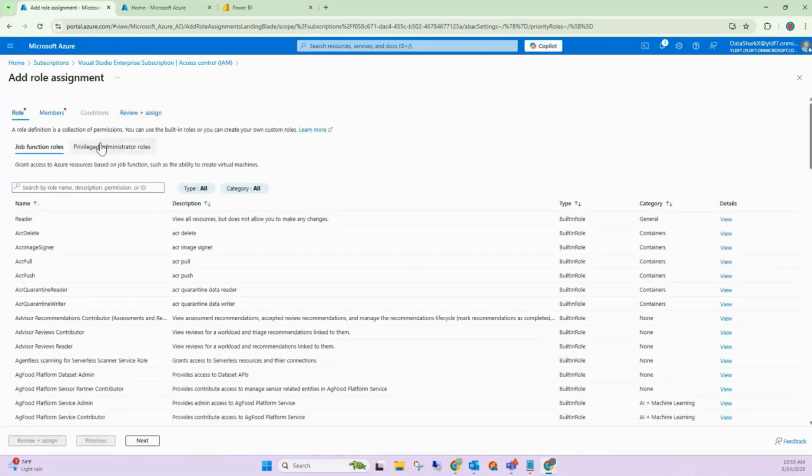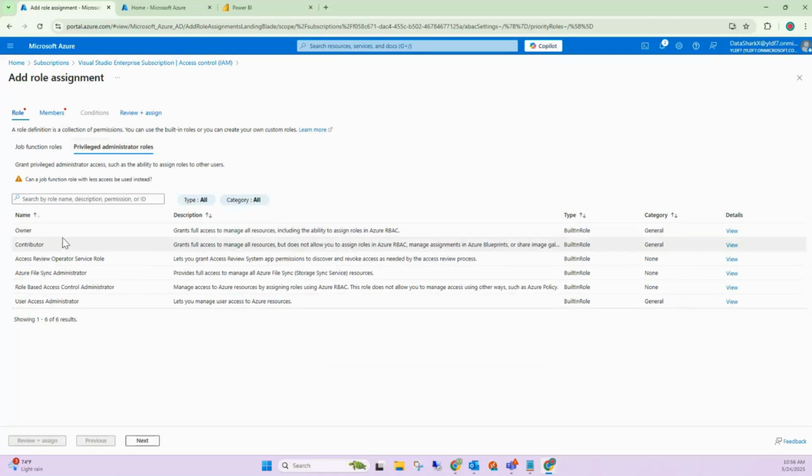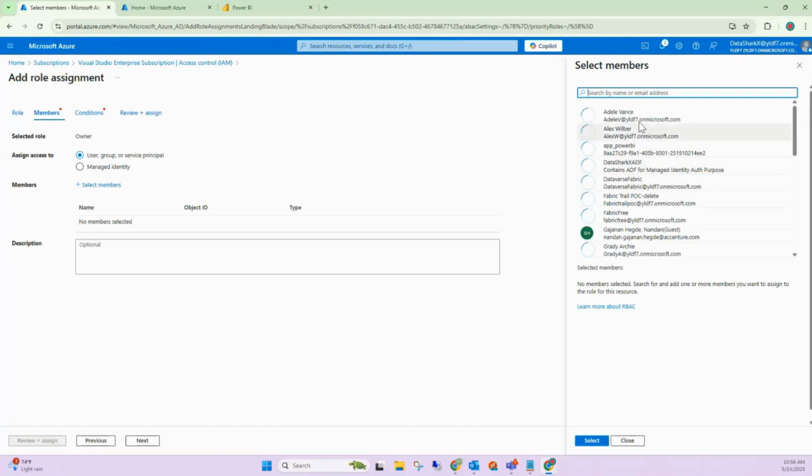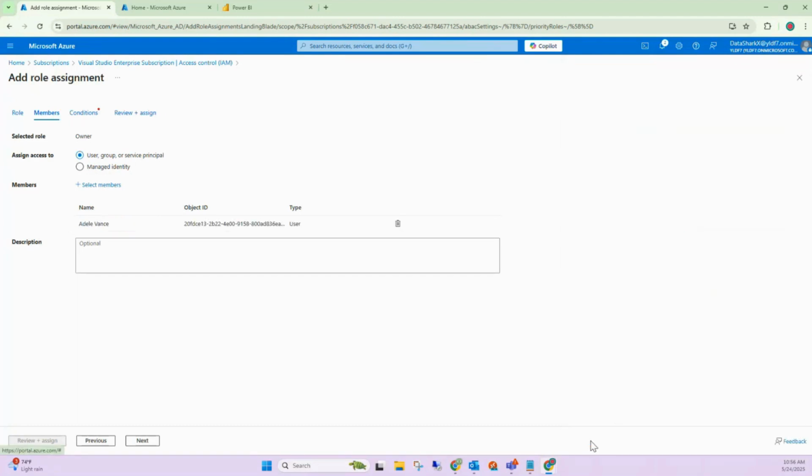In role assignment, I want to give him the owner role, which is a privileged role. These are normal roles. These are privileged sets of roles. So for that, I'll select owner. Now, whom do I need to give that owner role? I can give it to a user, group, service principal, or managed identity, but I want to provide it to the new user that I created, meaning that you all would be creating, correct? So then select the corresponding user, the new user that you created. Then next,